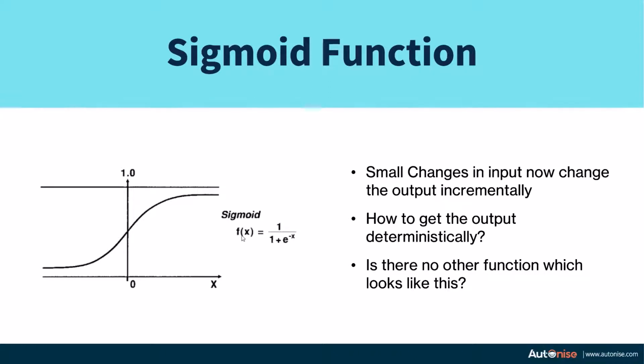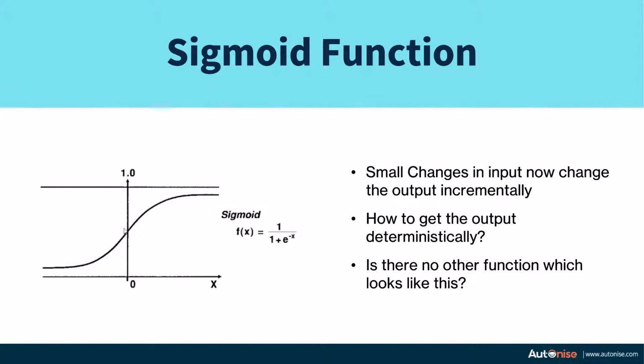The exact mathematical formulation of the sigmoid function is 1 by 1 plus e to the power minus x. You can do the mental mathematics: feed in a very large value of x, and e to the power minus x will tend towards 0, so your output will tend towards 1. But when your x becomes a very large negative value, e to the power minus x will become a very large value, and 1 by a very large value tends towards 0. So this is what the sigmoid function's mathematical formulation is, and this is how the graph looks.